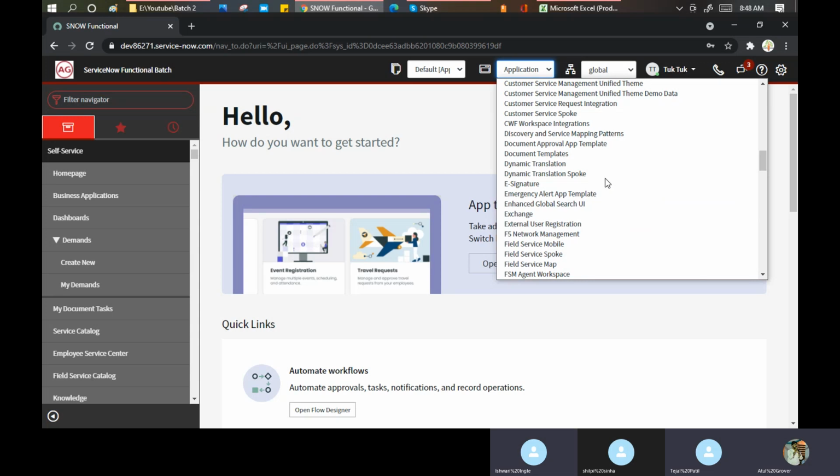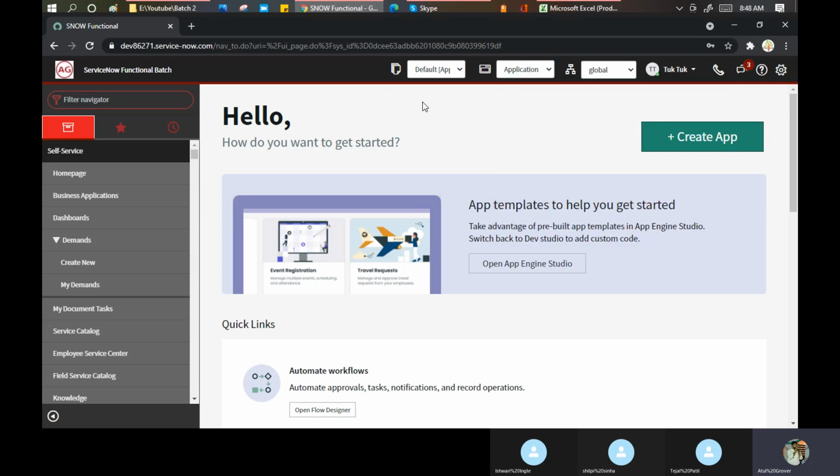In the same manner, when we create our application, we need to host it. Or I will not say host is the right word, we will place that application in the ServiceNow app store, a kind of Play Store we can say. So in the next 20-30 minutes, I'll tell you how you can create your custom application.